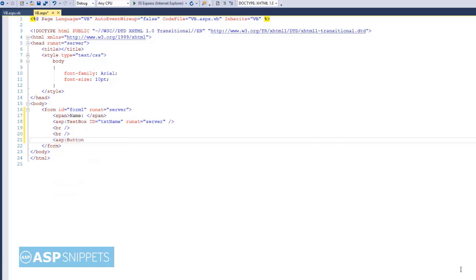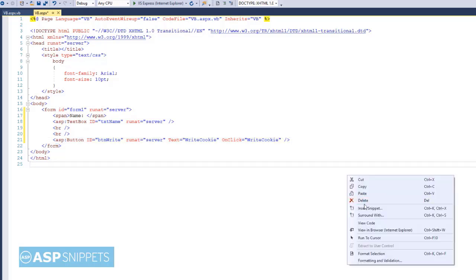Now I'm adding a button. This button will be used to add the cookie to the browser. I am assigning an on-click event handler, write cookie.